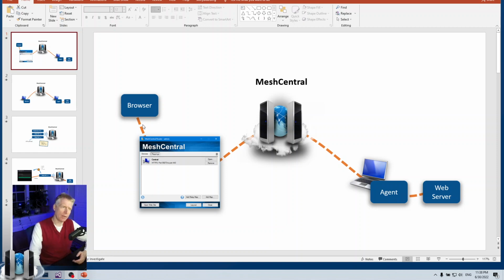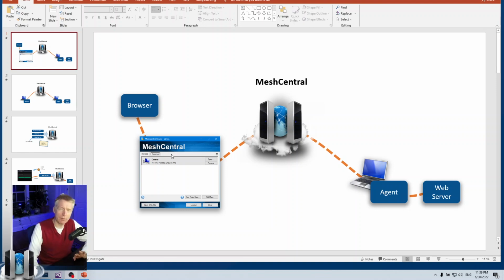What happens is that when the browser accesses the local port, the Mesh Central infrastructure will tunnel that connection so that the agent will basically mimic what the browser is doing on Mesh Central Router. So when the browser opens one, two, three connections and makes HTTP requests, the agent will mimic that and open one, two, or three connections to the web server, send those same requests with the same data, get the answer back, and then send that through the infrastructure back to the browser.